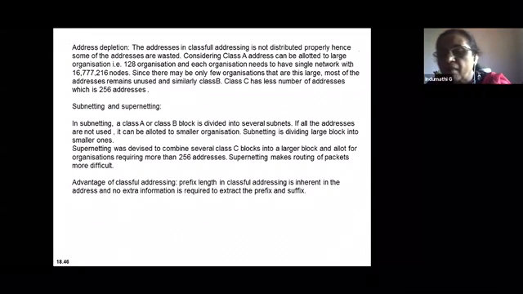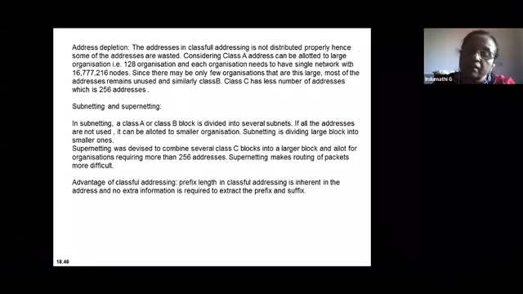But there is one problem in classful addressing. I already mentioned that class A is used for the largest organizations because your host ID is 3 bytes and your net ID is only 1 byte. So you can give it to a larger organization where a greater number of host machines can be connected. And class B is the next level of addressing. Class C is used for smaller organizations. For example, if any organization takes up a class A address and they don't have that many host machines to be connected, then you cannot divide the addresses at this point of time. You have to use this many addresses which are there for the class A type of address.